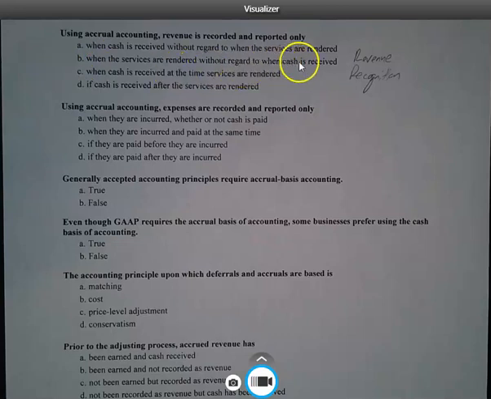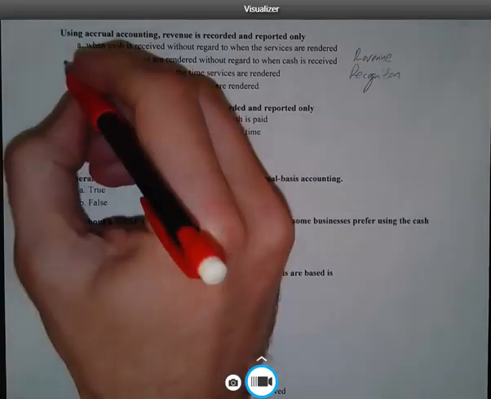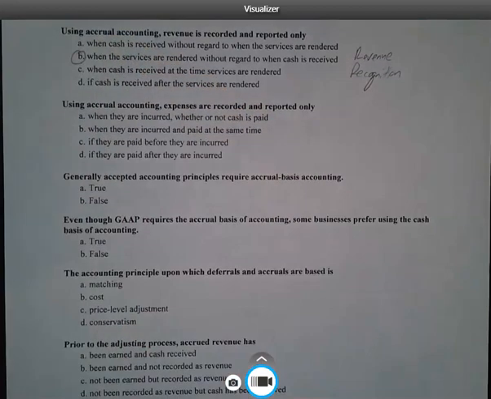Don't get me wrong, we want to receive this cash at some point. And 99% of the time we will. But under accrual accounting, we're going to record revenue when we've earned the revenue, not when we receive the cash. If we only recorded when cash was received, that would be the cash basis of accounting, and that's not what U.S. GAAP wants us to use. I think I may have given you an answer to one of the questions on this page just now, if you were paying attention.